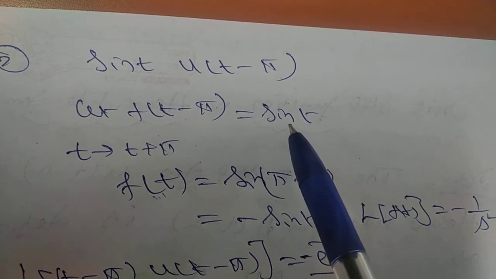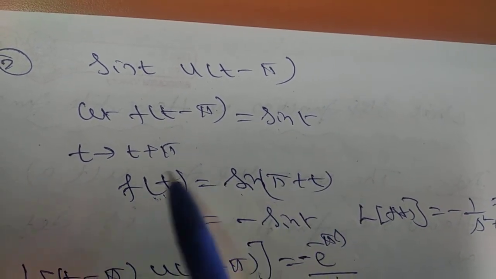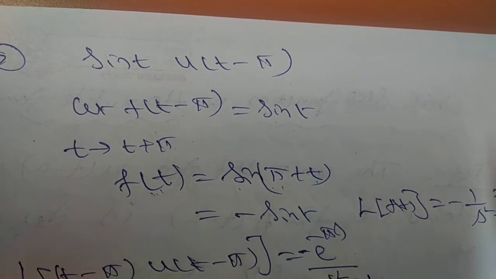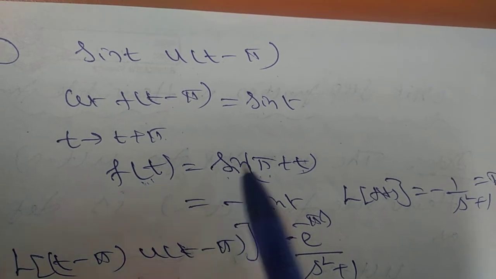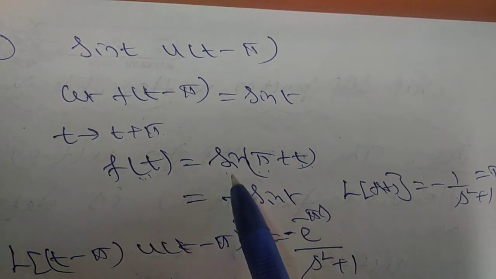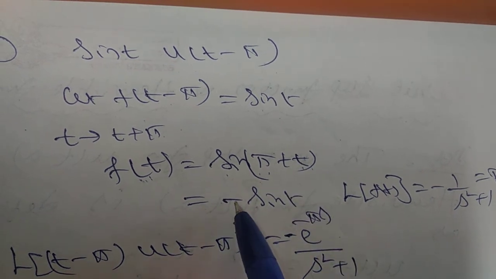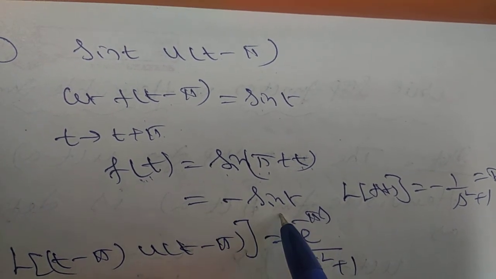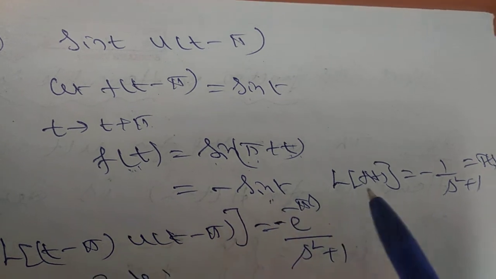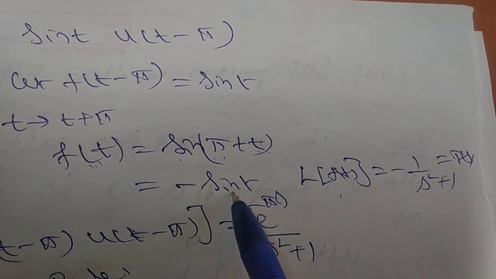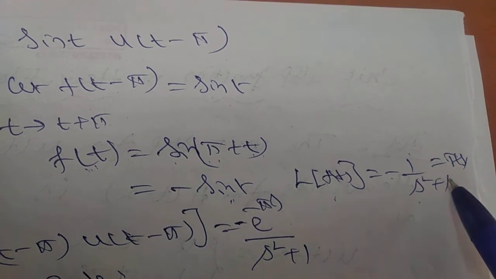So right hand side, what happens? Sin of, replace t by t plus pi, or pi plus t, both are the same thing. Now sin 180 plus theta. So what is the value of sin 180 plus theta? It means minus sin t. So this is f of t. So now the Laplace transform of f of t is minus 1 over s square plus 1 into f